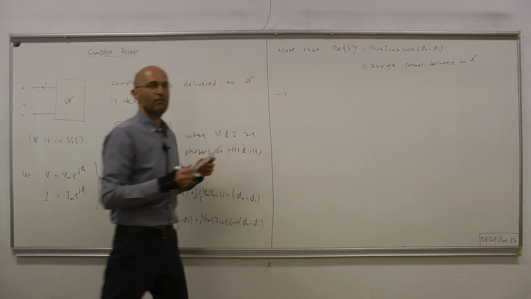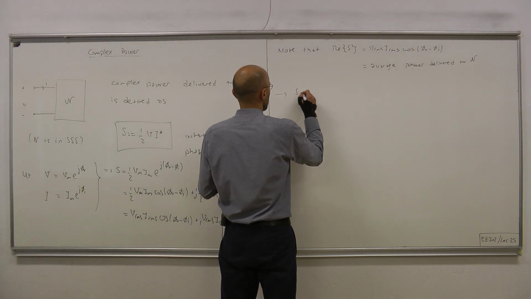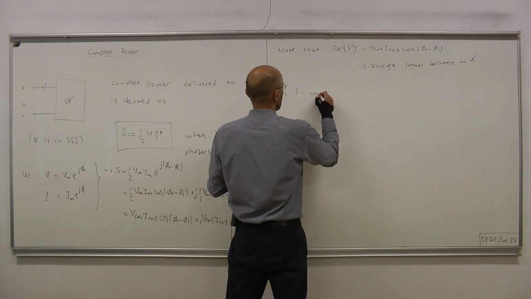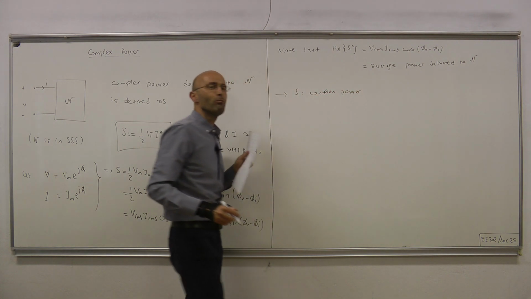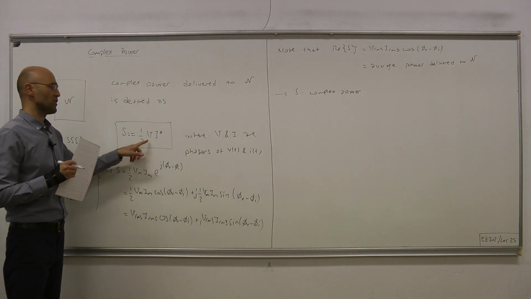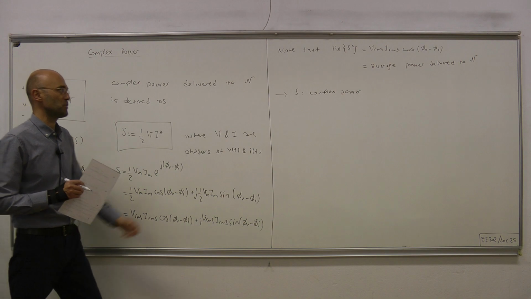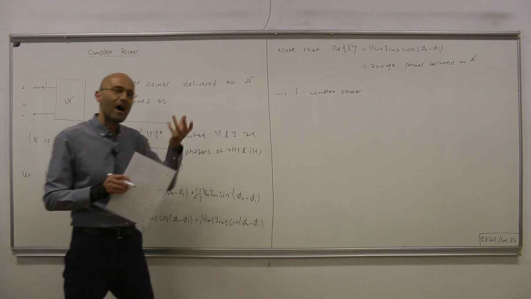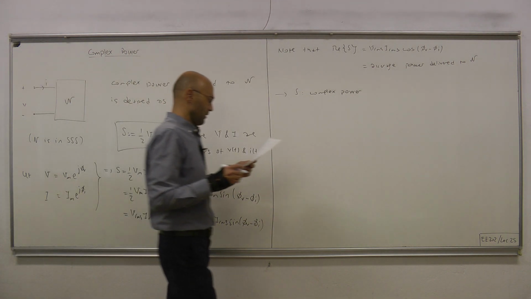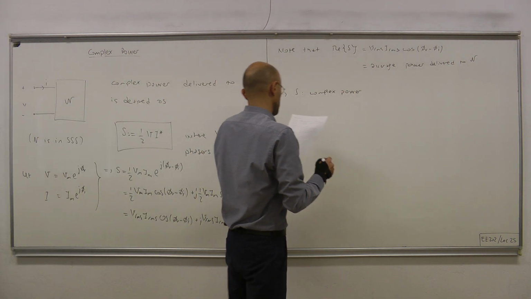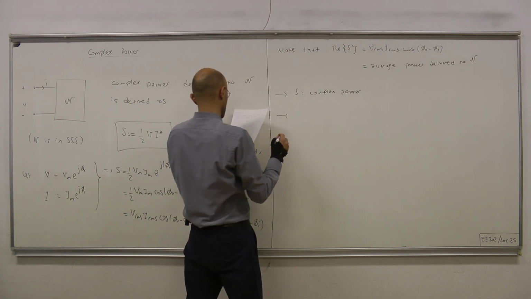And we have the following further subdefinitions. First of all, S is defined as the so-called complex power. It's a complex number, but it's not a phasor, because it's not representing some time domain signal. So that's our complex power. This is not a phasor, just a complex number. And then P,